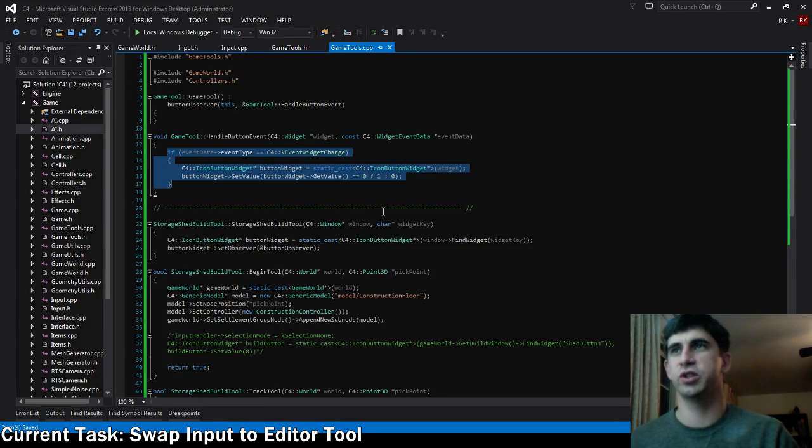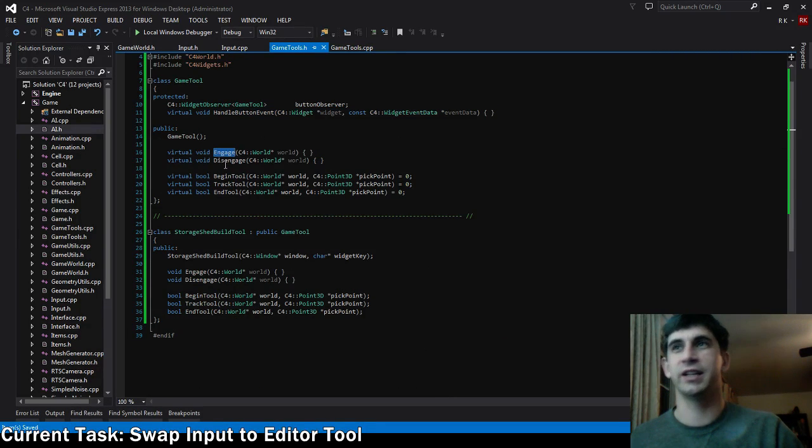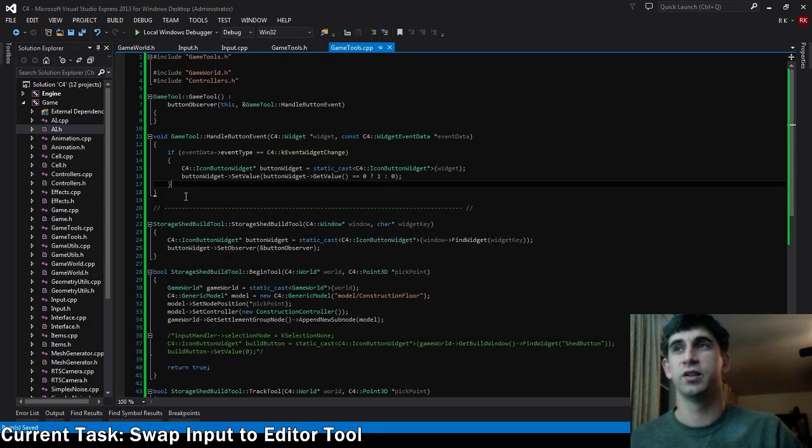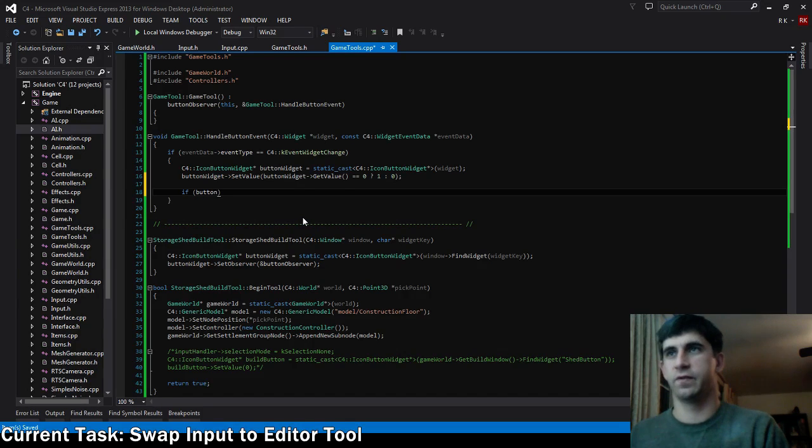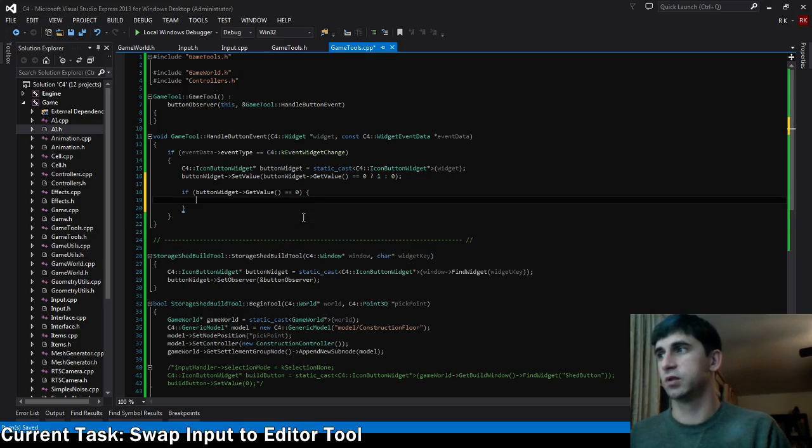So, every time this widget changes, we just set it right back. The only thing I'm trying to think on is if we need finer grained control here, but I think we should be fine. In fact, this is where this engage and disengage function can kick in. So what we can do is call this, and then we say if the button widget's new value is 0, so if we just turned it off,